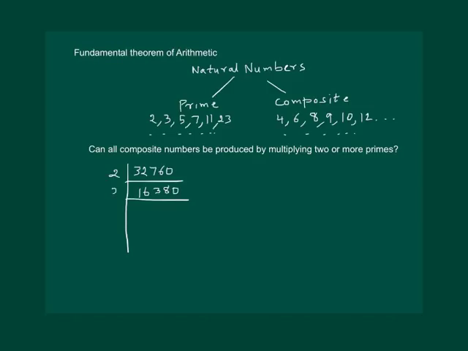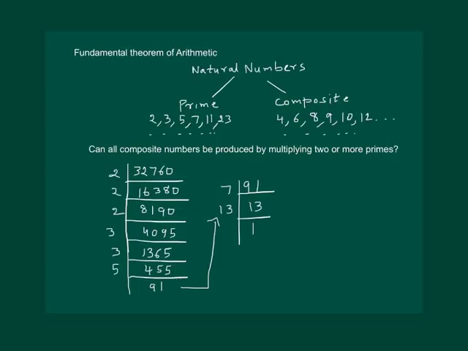Again this can be factorized further. Again with 2 we can get 4095. This goes with 3 and gives 1365. Continue in this manner. Keep dividing with prime numbers till we get 1. Now